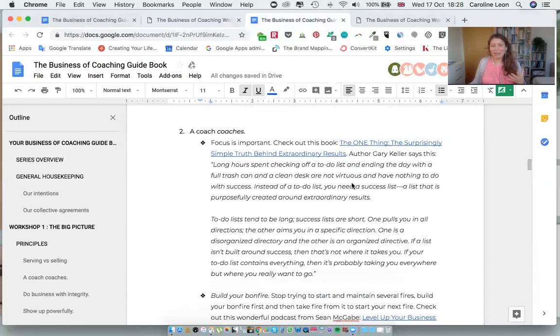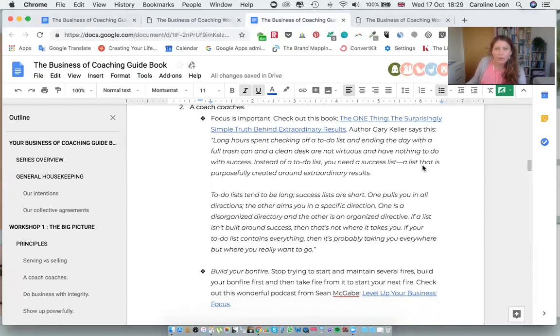Focus is, in my opinion, one of the most important factors to business success. There's a couple of resources I want to mention that really helped me cement this idea in my thinking. One is a book called The One Thing, The Surprisingly Simple Truth Behind Extraordinary Results. I'll just read a quick quote from author Gary Keller, who says, "Long hours spent checking off a to-do list and ending the day with a full trash can and a clean desk are not virtuous and have nothing to do with success. Instead of a to-do list, you need a success list, a list that is purposefully created